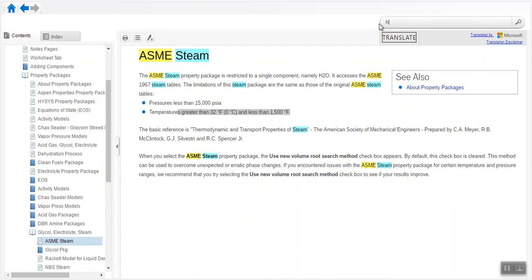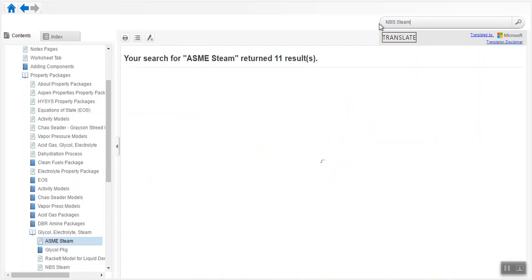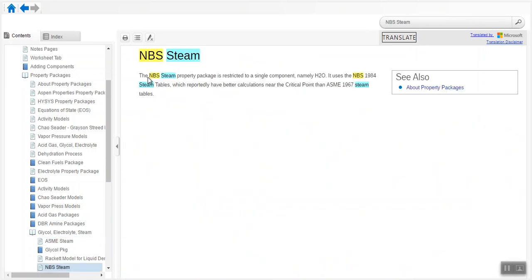Now moving to NBS steam, click it over here, select it. It is restricted again to a single component, which is water. So this should be clear that these two property packages should be used only when you have only water in your component list. It uses the NBS 1984 steam tables, which reportedly have better calculations near the critical point than ASME 1967.